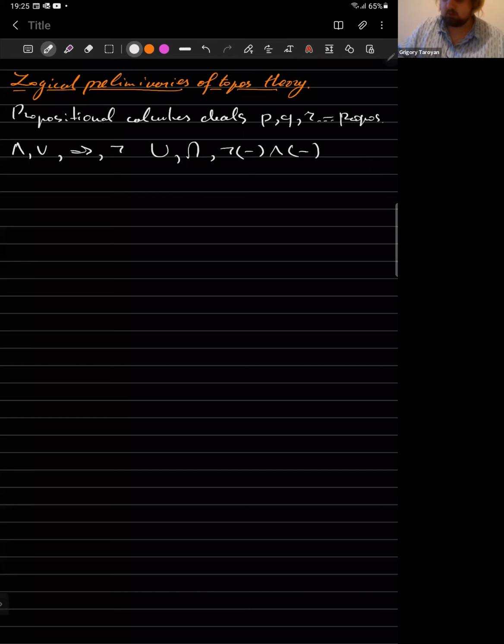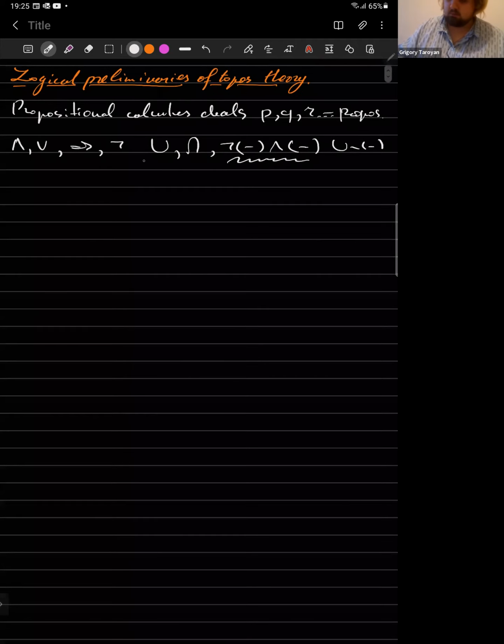Implication can be interpreted like this. Negation can be interpreted like this. And so this is an algebra